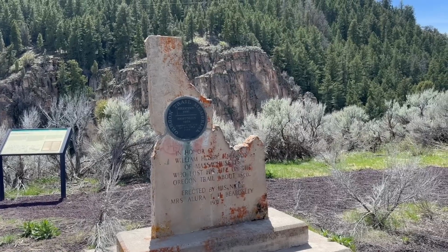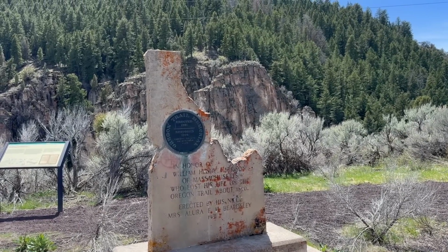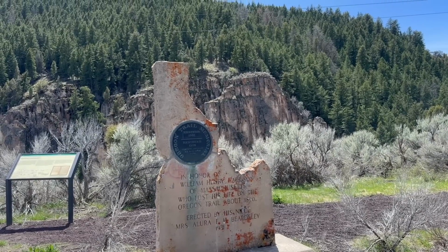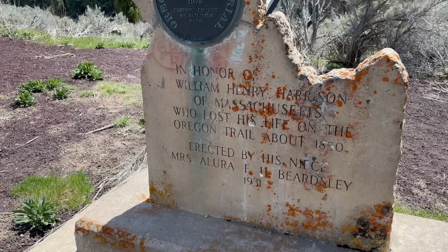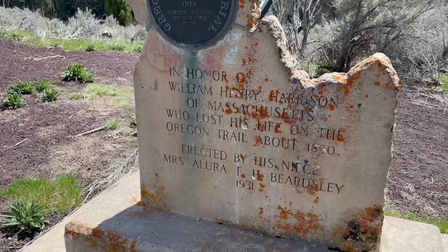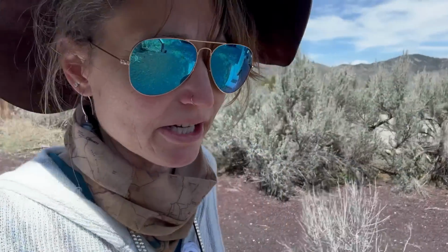The other thing of major interest up here is this Oregon Trail Memorial that was erected in 1931 by one Mrs. Allura F.H. Beardsley. Mrs. Beardsley lost her uncle, William Henry Harrison of Massachusetts, to the Oregon Trail sometime about 1850. And then if we go to the other side, we can see that there is also mention of the fact